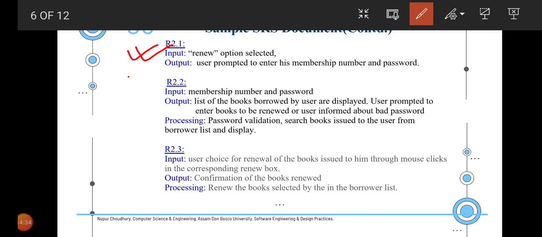Initially, to choose the renew option, next point is to display the list of borrowed books after the user provides his membership number and password, and the third is to renew the list of books that has already been borrowed. So these three will totally comprise the renew option requirement. That is our requirement 2.